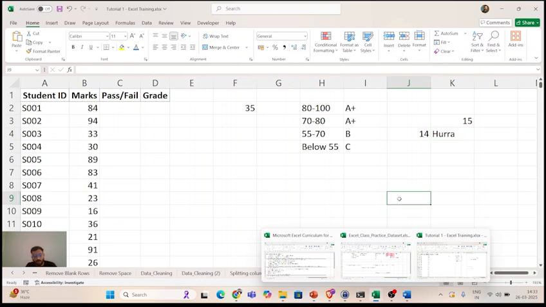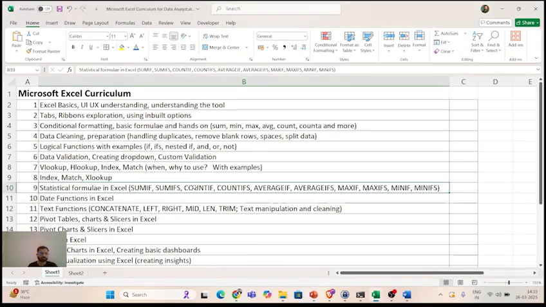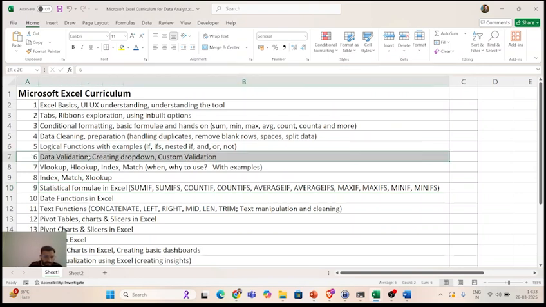Similarly, you could use OR, you could use NOT, so many things, right? So that is all about logical functions, guys. I hope you are able to understand till here. Take a short break, do some practice, and we will move forward. With data validation, we have already understood it. Wow, we have already covered section 6. That's beautiful.